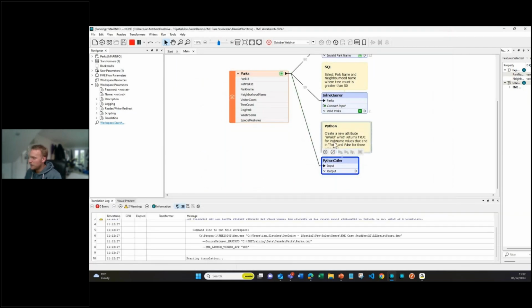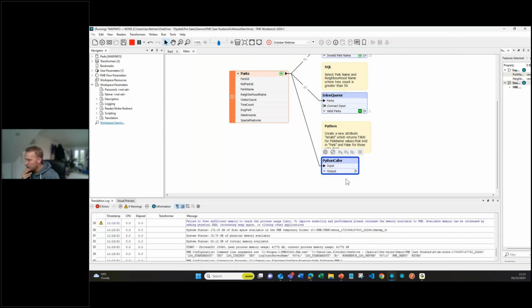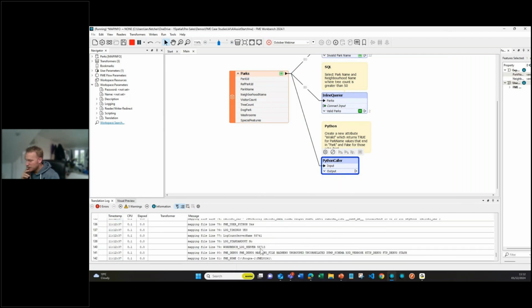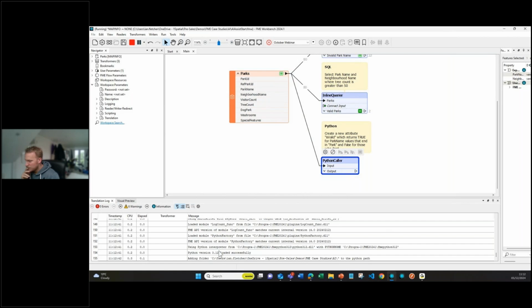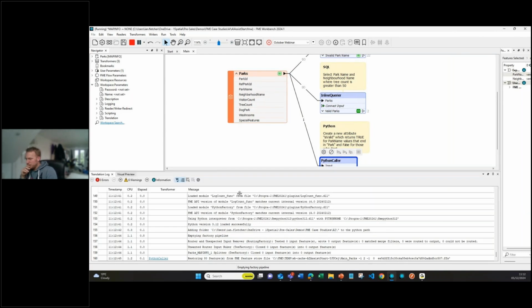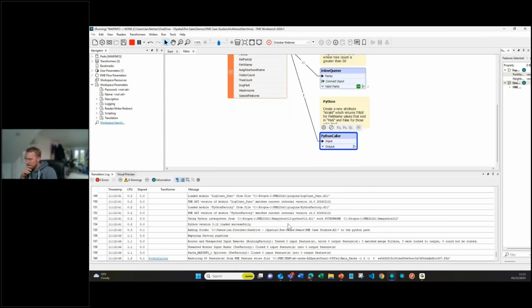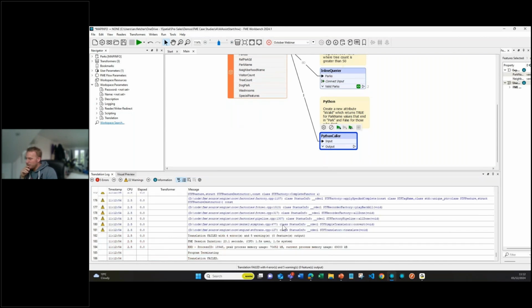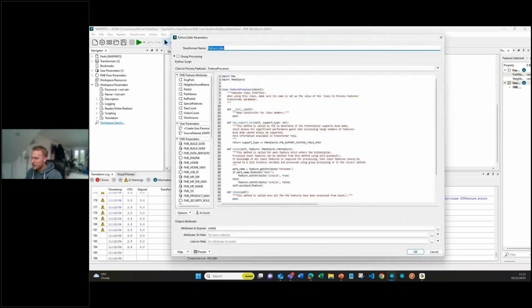So I think if we run this now, it will fail because it has failed to include an exception for where the park name is missing. And you can see this is going to fail in a minute, which it will do. There we go. My machine is a little bit slow. Apologies. So it's failed, and it's failed because the Python code that it has generated is not